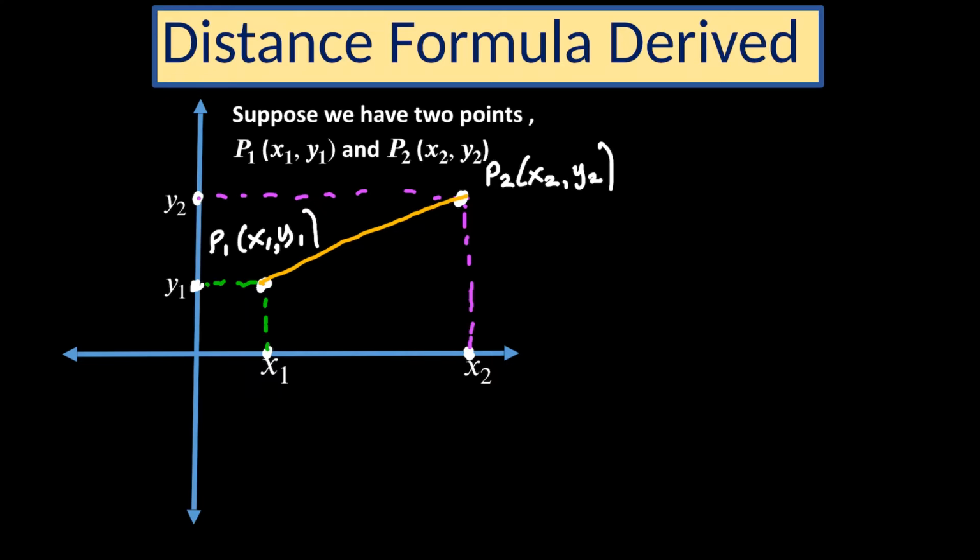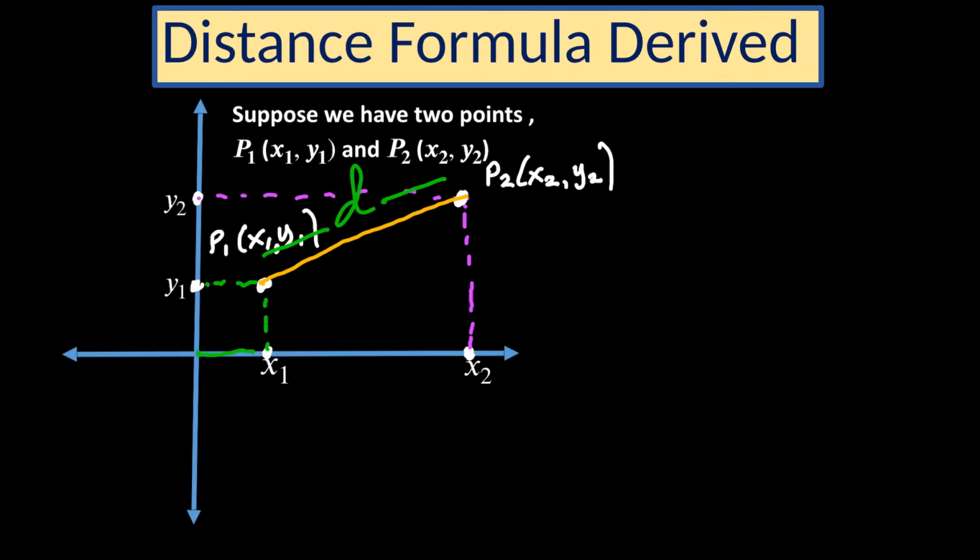Now, the next question is, what is the distance between point 1 and point 2? Let's label that one as D. The distance between point 1 and point 2 is D. Now, take note that the distance,